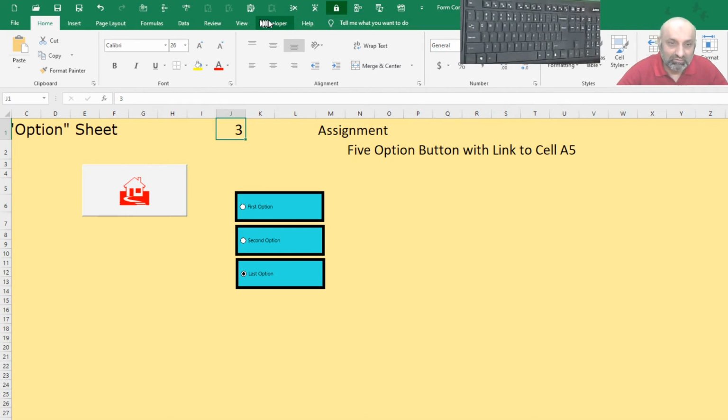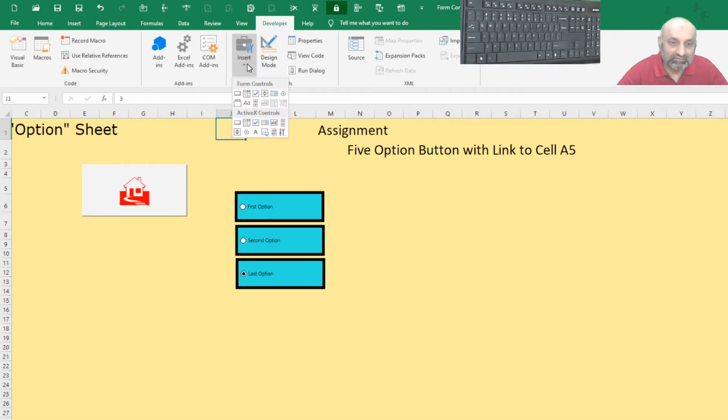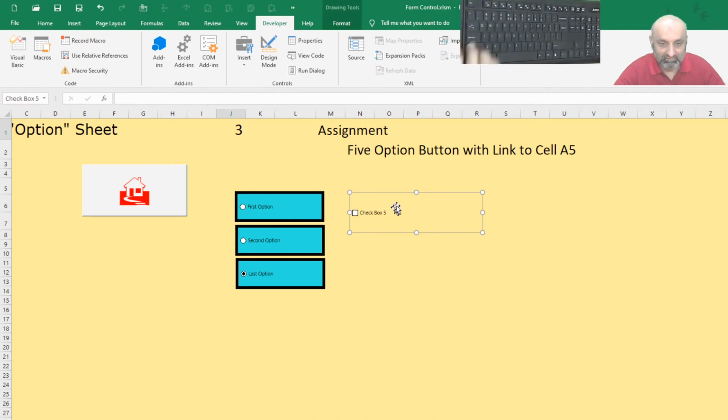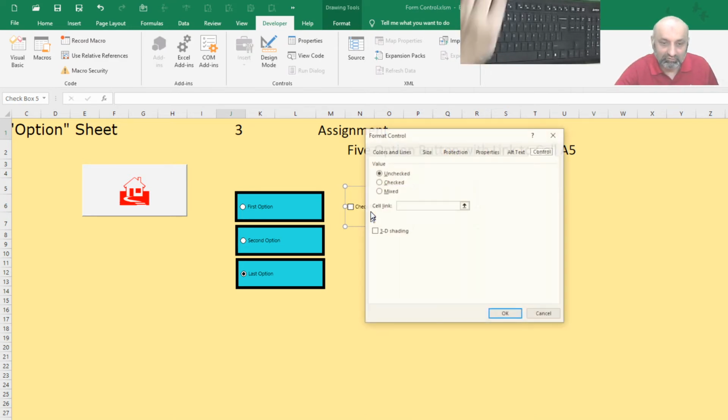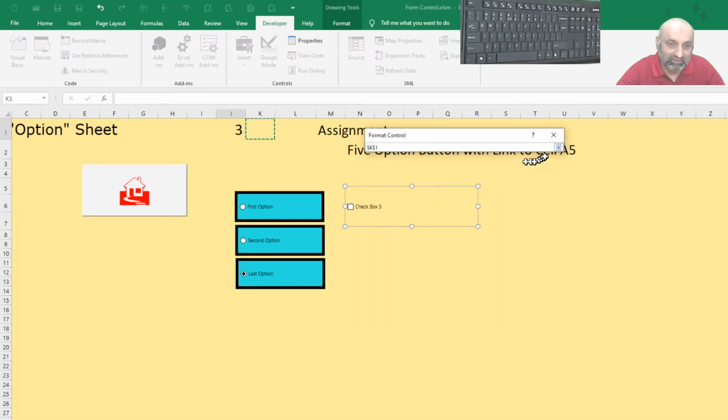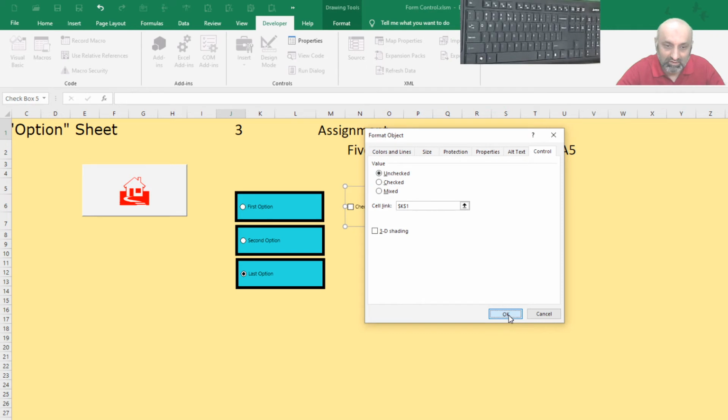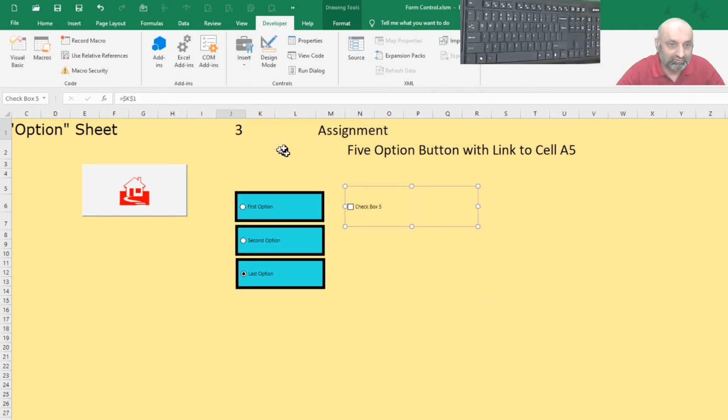So talking about the options, let's go back to developer and insert. We have a checkbox and this is the third icon from the left in the first row. So clicking on this and then dragging to select, created. This is option box 5. Here let's right click, format control. So in this we have unchecked, checked, mixed and cell link. So let's link the cell. This should be K1. Okay,